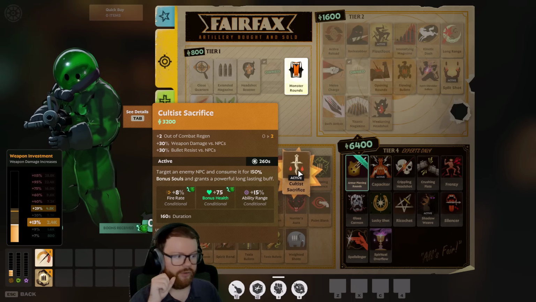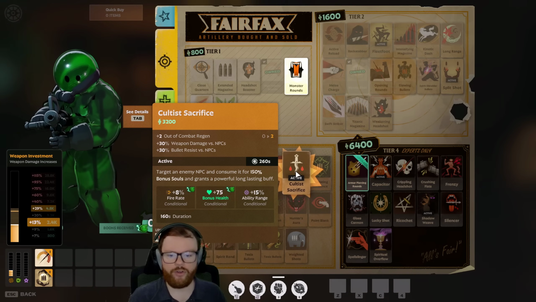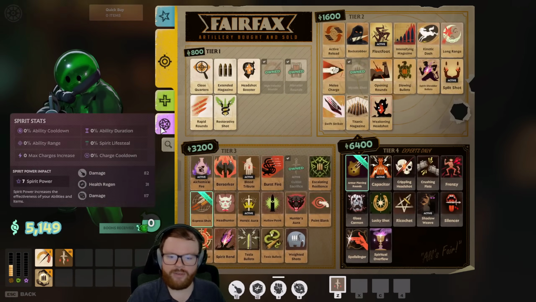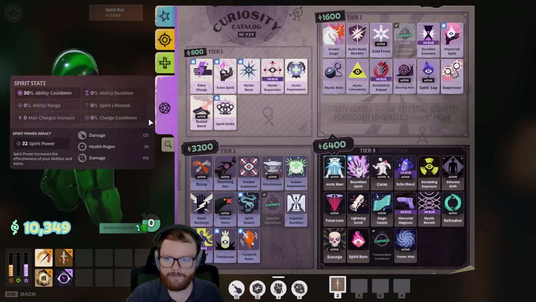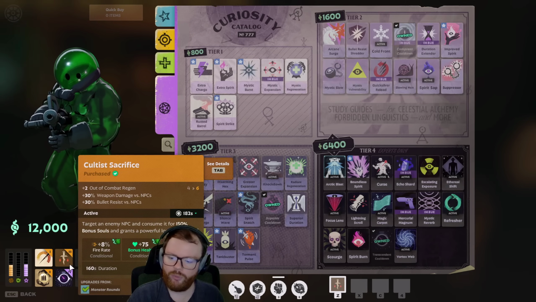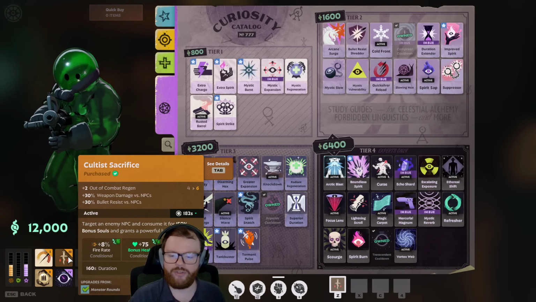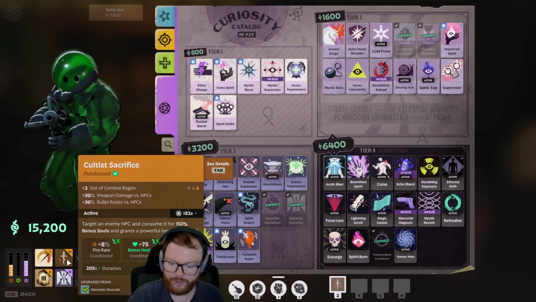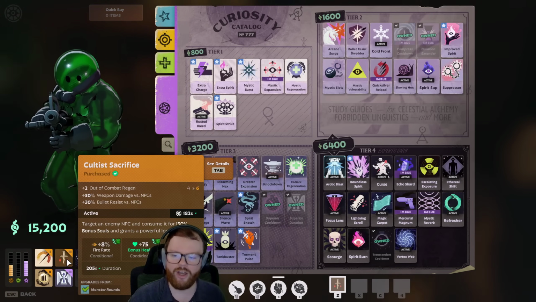The range is still the same though, but the cooldown has been increased from 250 seconds to 260 seconds, so you have even less uptime on this. Now if I go ahead and buy this, and then I buy Transcendent Cooldown, we'll see that the cooldown is now 182 seconds, and the duration is 160 seconds. So even with Trans Cooldown now, there is a 22-second window where you are not able to benefit from Cultist Sacrifice unless you happen to also buy Superior Duration,